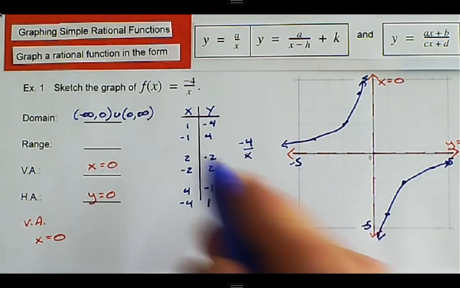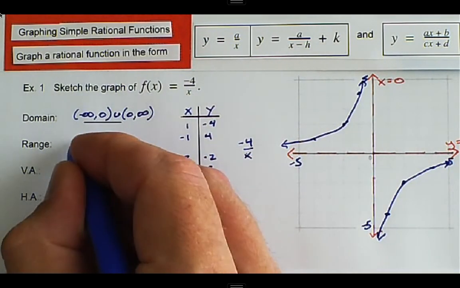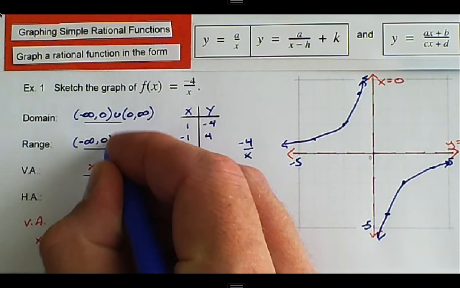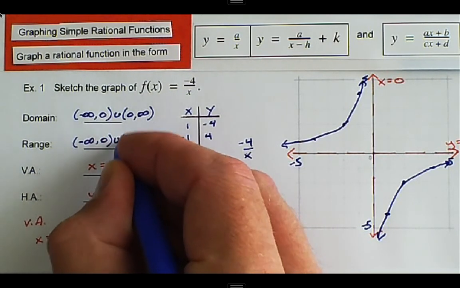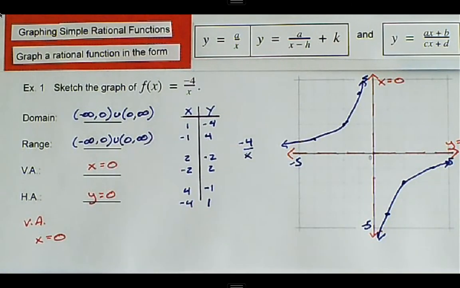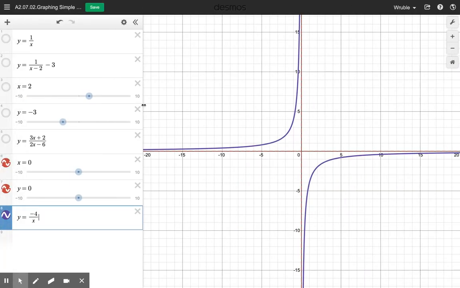And the range is going to be the same thing. We're going to start at -infinity. We're going to go to 0. 0 is not included. Again, 0 is not included. It's going to go to +infinity. And then we can take a look a little bit more at what our graph might look like. We can see it here where we have our vertical asymptote and our horizontal